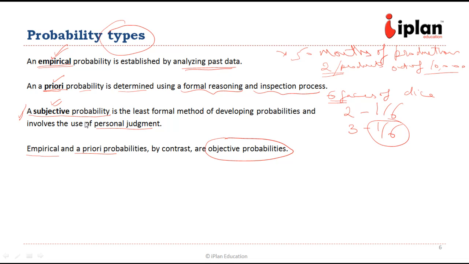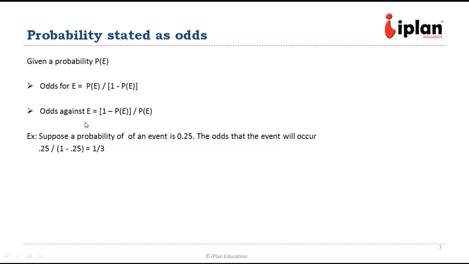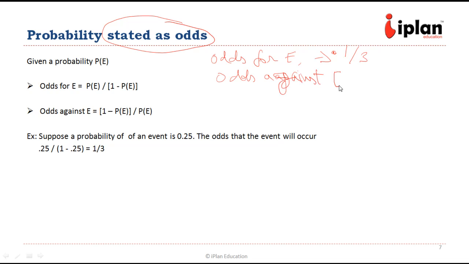Now let us look at the next slide. Here we define probability in terms of odds, for or against. For example, if the odds for a certain event E are, say, 1:3 and odds against E are 3:1, the probability of event E will be,